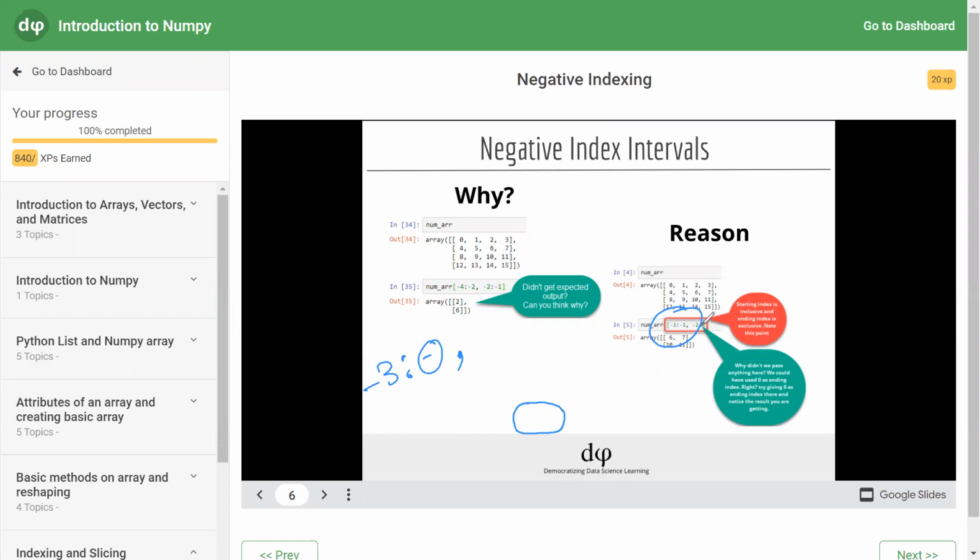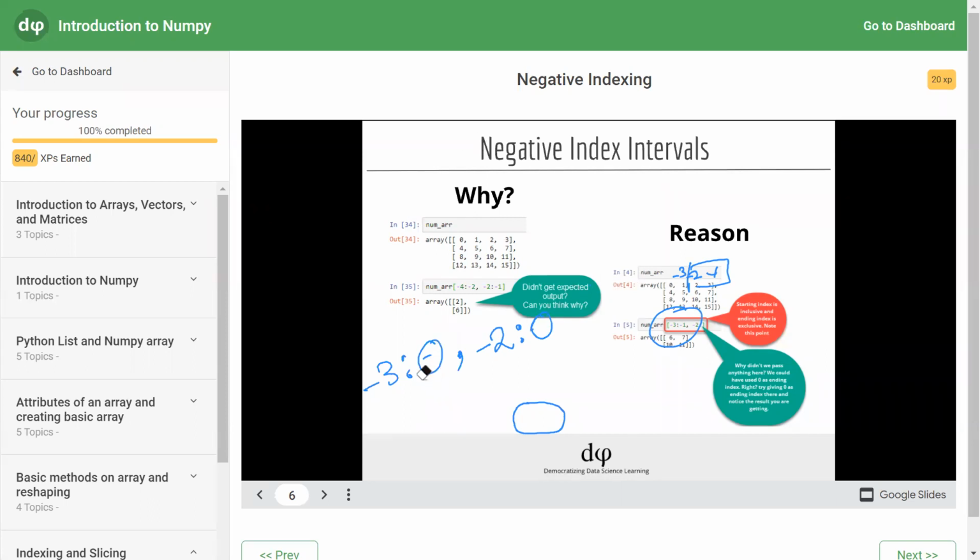And here we want to run from -2. This is -1, -2, -3. So we wanted this part. So we started from -2 and we want to run till -1. For -1, one index will be subtracted, therefore we use 0.